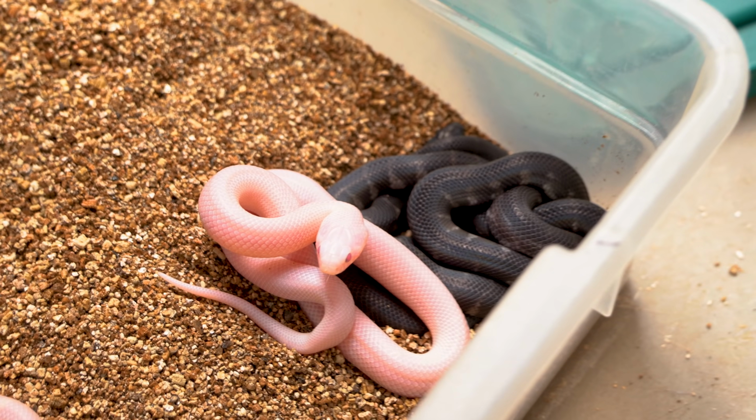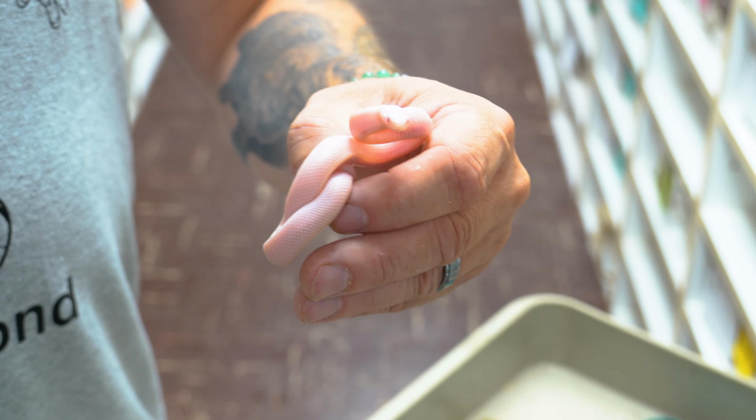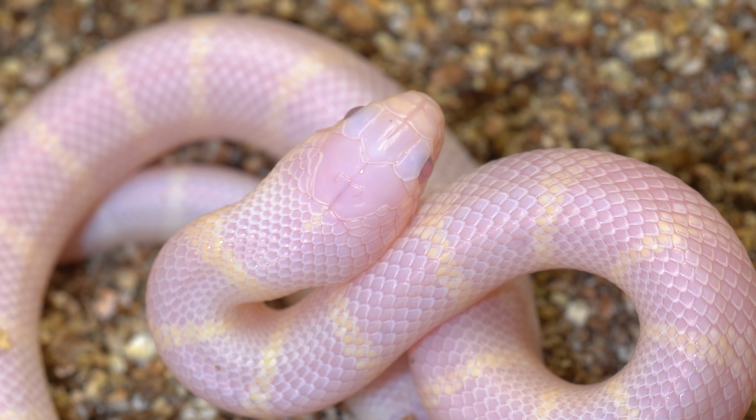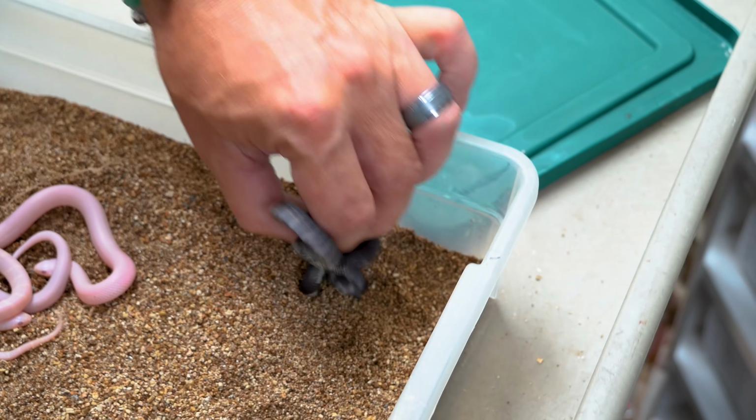And then the last babies for the day, at least when it comes to colubrids, are these guys here, which are some snow California king snakes. Look at that little monkey right there. That, of course, is just a snow, which is an albino and a chocolate, basically double recessive mutation. It's all pink with no patterning on it. Absolutely incredible. Then we have a little albino here, the albino banded,